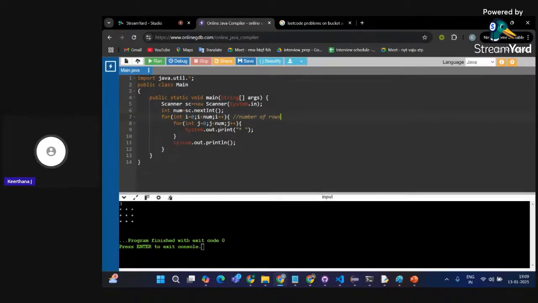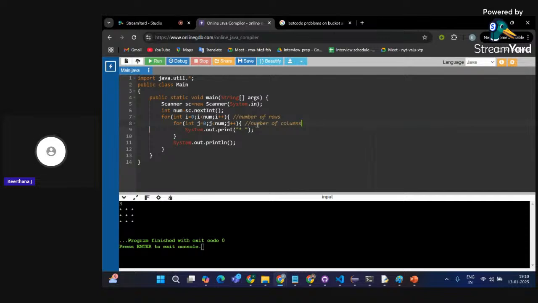Here my question was, I want the input to be 3. I want to have 3 rows and 3 columns. Okay, that's why my loop here starts from 0 and it goes until 3. Because if my num is 3, the i value will be taking the values 0, 1, and 2. So 3 rows I must have in my output, and the inner loop actually corresponds to the number of columns.